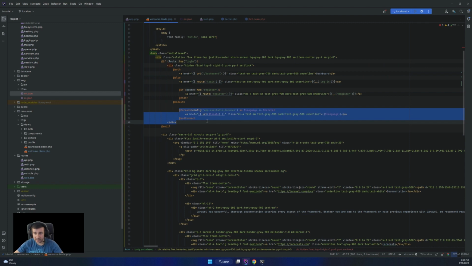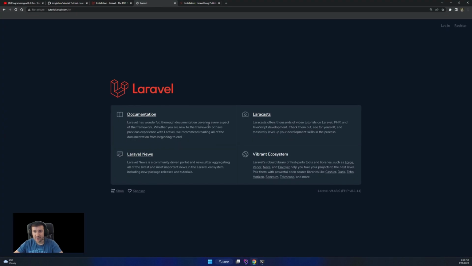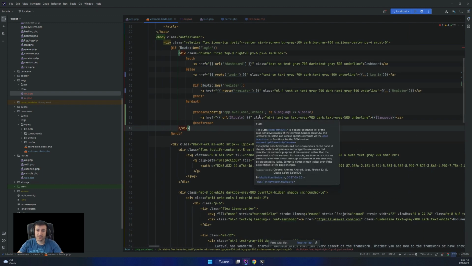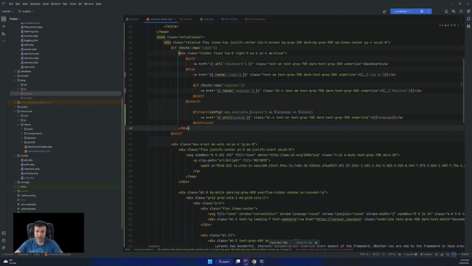I'm not really sure it will work, but let's hope. So now we have English, and if I hit Romana, it will go here. If I hit English, I have both available. Obviously, from this, English can be disabled if we are already on English, or maybe do a drop down, the possibilities are endless. But like this, we add languages and localize a Laravel application.